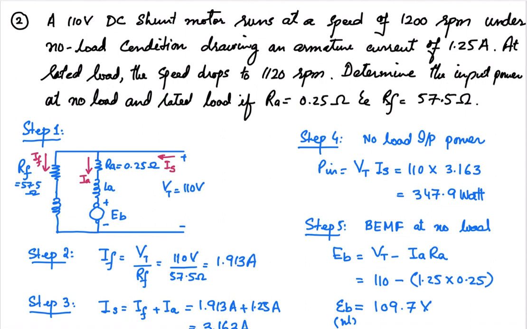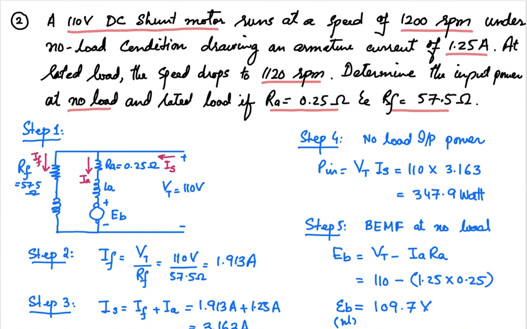We will discuss them in more detail in the upcoming example. Okay, now let's look at the second example. A 110 volt DC shunt motor runs at a speed of 1200 RPM under no load condition, drawing an armature current of 1.25 ampere. That is the information at no load. At rated load, the speed drops to 1120 RPM. Determine the input power at no load and rated load if the armature resistance is 0.25 ohm and the field resistance is